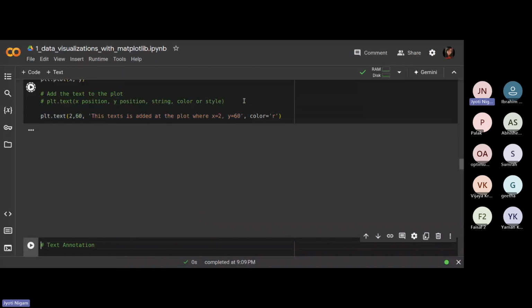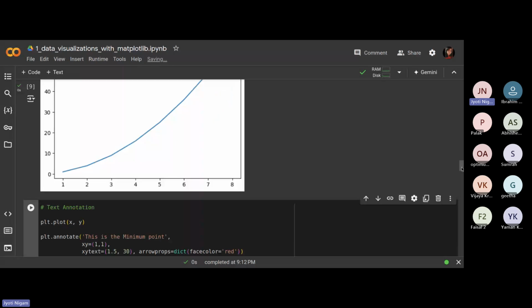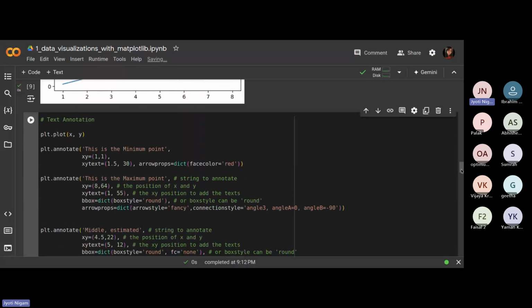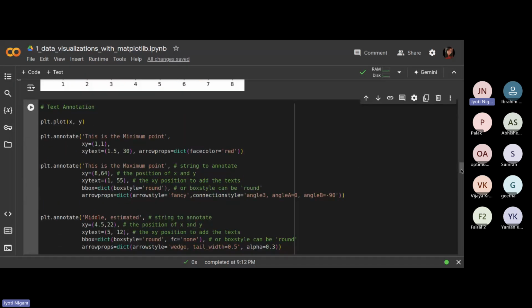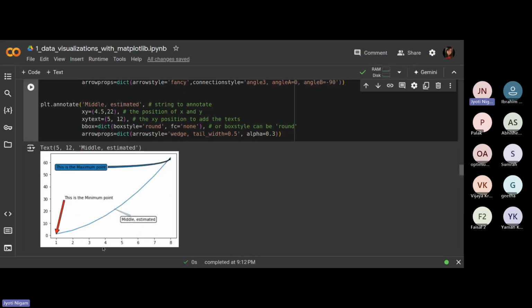If you plot this, it would return us this plot and it has this annotation with it. So this is how you can provide some information which is necessary, and you can even annotate some points. For example, if you want to specify this is the minimum point, this is the maximum point, you have the dot annotate method wherein you type your information, you specify the position of x and y, like which point